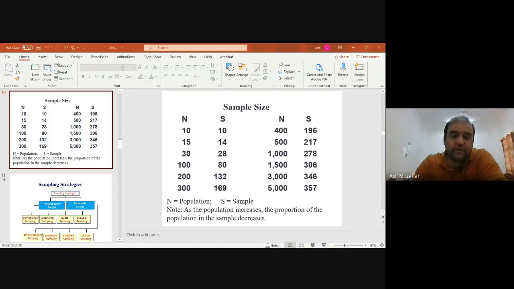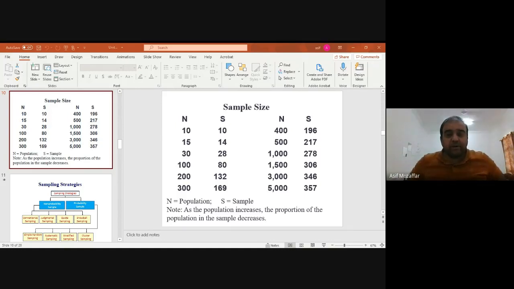Now the second question is we need to know the sample reliability. What does sample reliability mean? Think about it. There is a whole population and your sample is just a part of it. You are making a sample because you cannot collect information from the whole population. But the important challenge is, you must be able to say that the results we get from that sample are applicable for the whole population.